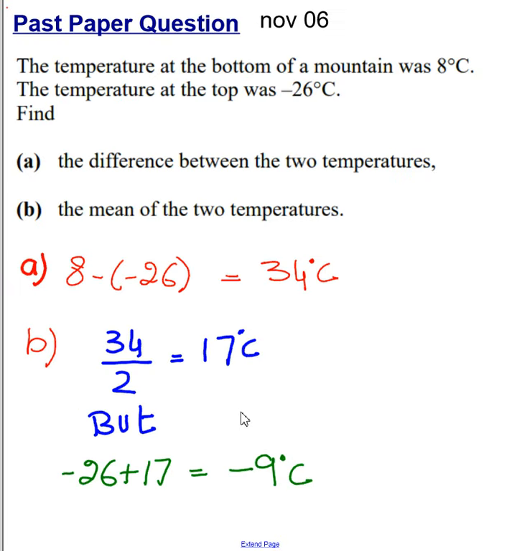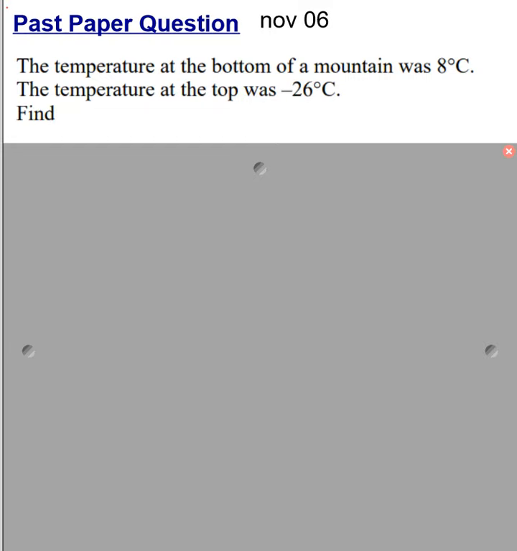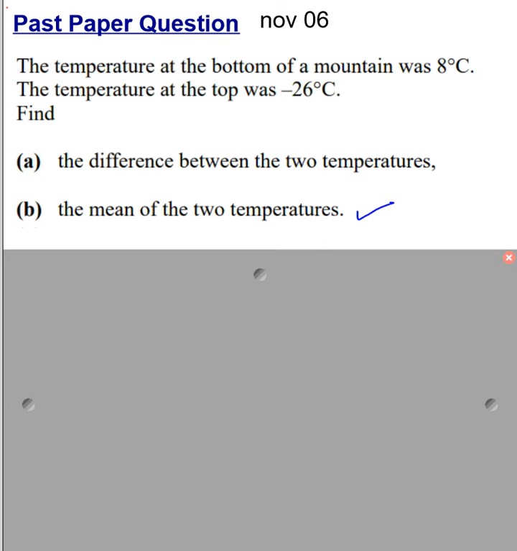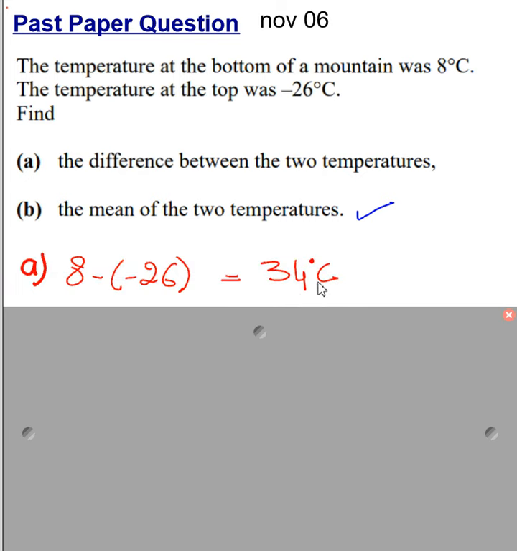So let's see the last example of this type of question, which comes under the heading of directed numbers. Now this part is very interesting, and because of this part I have taken this question. This is from November 06. Again, the example of a mountain is taken. You know, as you go on the top, the temperature decreases. So at the bottom of the mountain, the temperature was 8 degrees centigrade, but on the top it was minus 26 degrees centigrade. Now the difference between the two temperatures is the same logic, 8 minus minus 26, which is